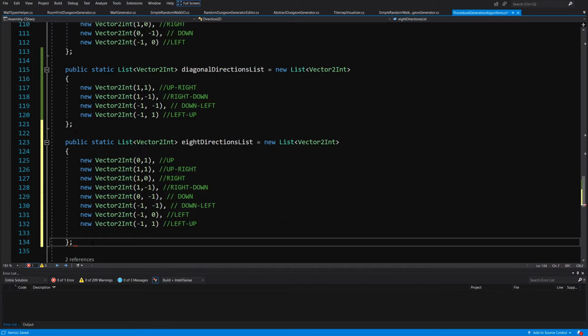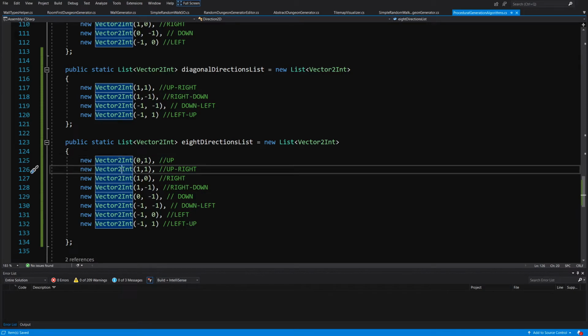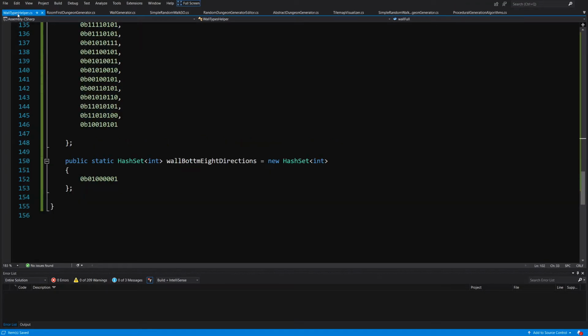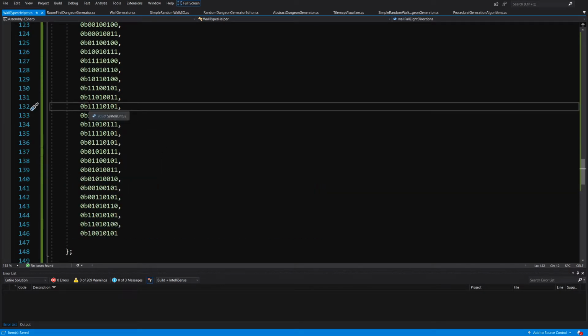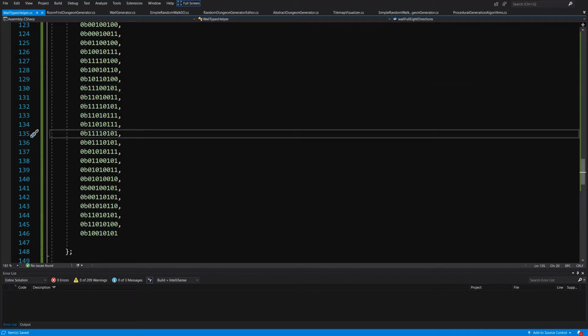The order of those Vector2Ints will be important because we want to still go in the clockwise direction, in the clockwise manner, so that we exactly know which bit in the binary value represents which position, so that we can create our list of binary values in our wall type helper. So actually this was already created, so that each value represents the appropriate direction, also in a clockwise manner, starting from the up direction and ending in the left-up diagonal direction. Great. So make sure that you use Ctrl-Shift-S to save your directions to the class, and let's go back to